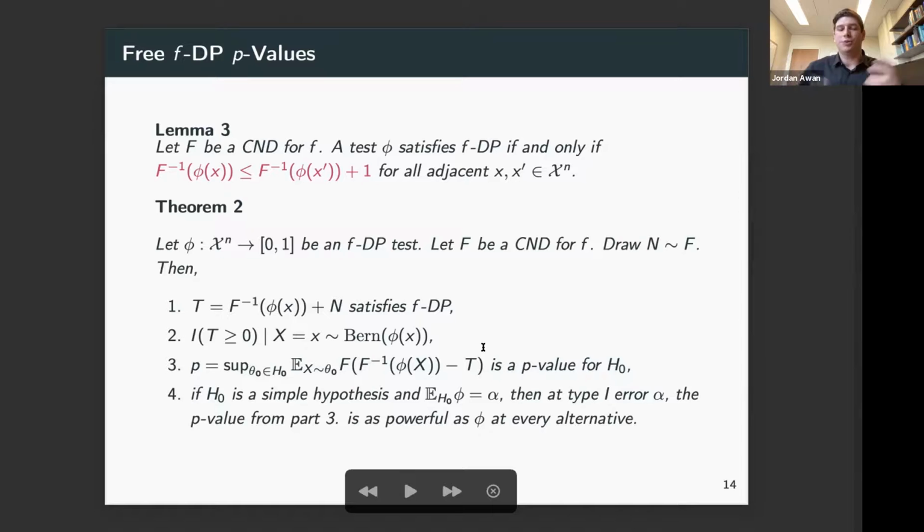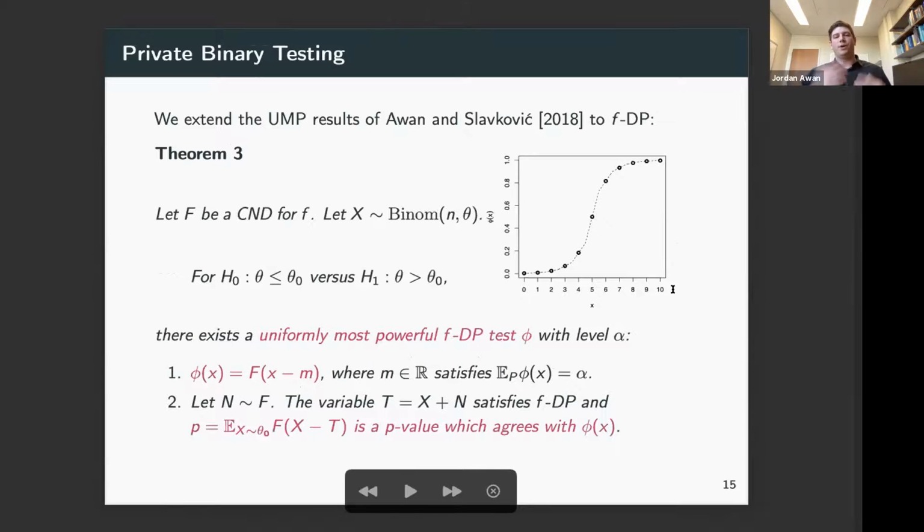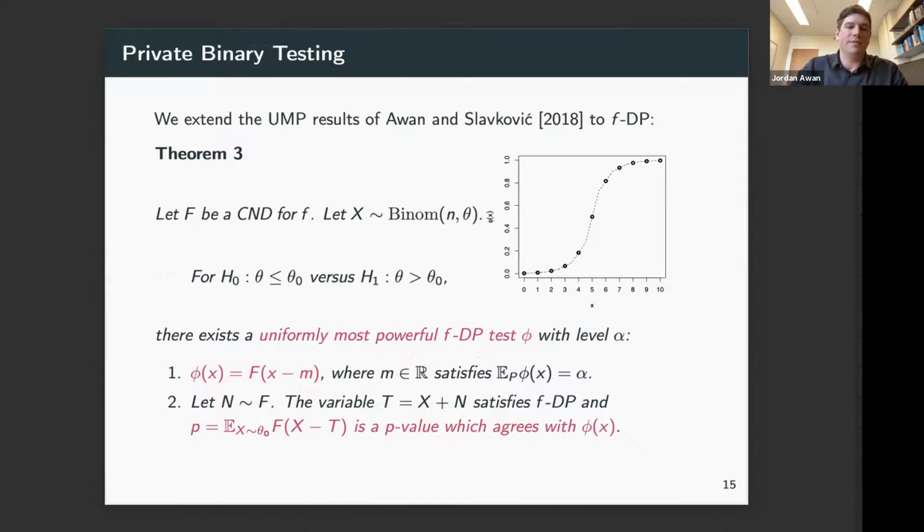This might not be super powerful, but in part 4, it says that if we have a null hypothesis that's a singleton, this p-value is actually equally powerful at every alternative. So something about this CND is allowing us to get a whole lot of results for free. No cost of privacy, they're all post-processing. Okay, but you might ask, well, how should I even construct phi to begin with? Well, in this one example where we have Bernoulli data, a binomial test statistic, we can give a very clear